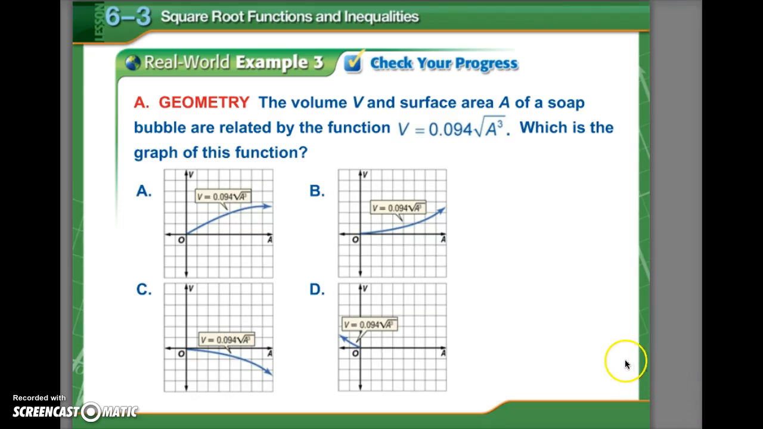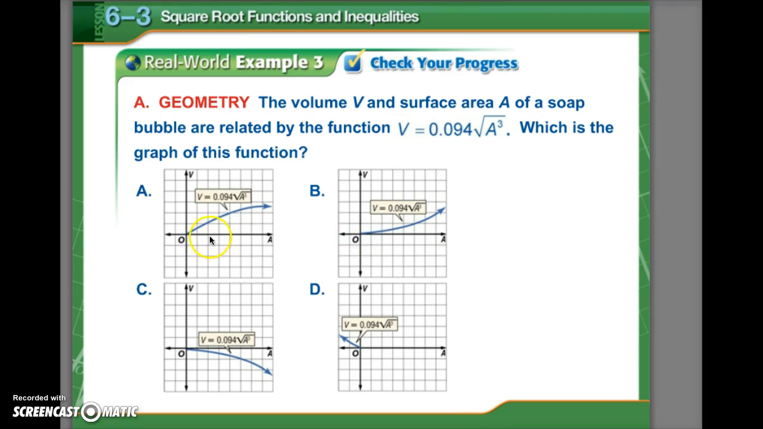All right, here's one for you guys to check your progress on. This time we have the equation v equals 0.094 square root of a cubed. This is going to be definitely a much more complicated graph. So I would suggest just picking a few values of a for acceleration, or no, not acceleration, it's surface area this time. Picking some values for the surface area, plugging them in, seeing what the volume would be, and then